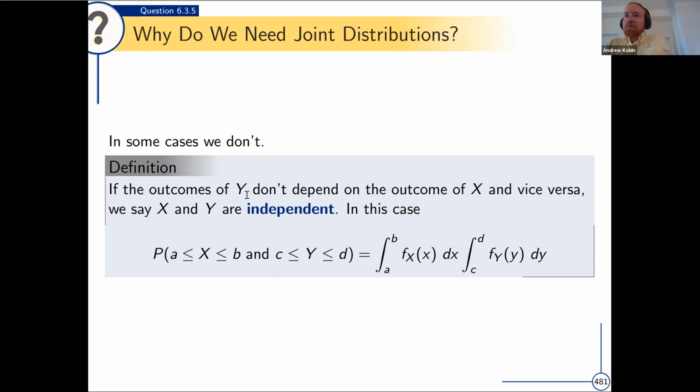So we will call two variables x and y independent if their outcomes don't depend on the outcomes of the other variable. This is just a general terminology, like the English definition of independent. What does this mean mathematically? If the outcomes don't depend on the other variable, then the probability that x takes on a certain value in the range a to b and y takes on a certain value in the range c to d can be computed as just the product of their two independent probabilities. The density function for x, really the marginal density function, will just have its own single variable integral, and same for y. And if you remember from our study of double integrals, this is one of the possible ways of computing a double integral